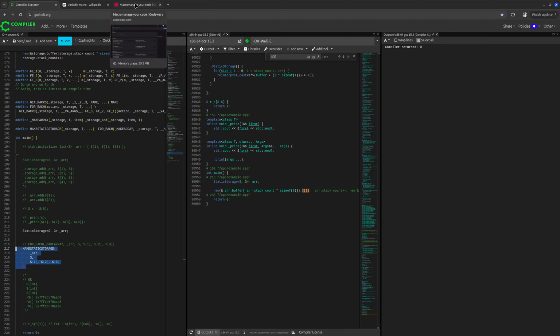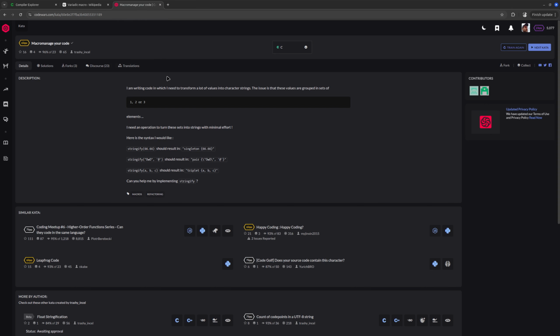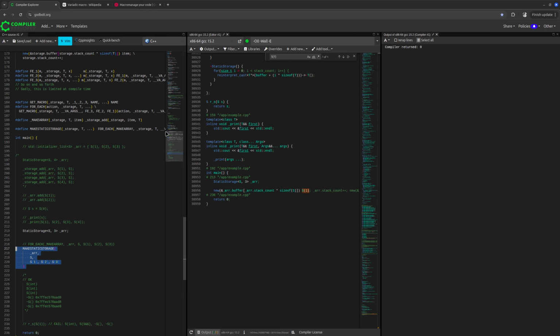And I thought about this, and it came to my mind, since once upon a time I did solve this kata at Codewars, where we are micromanaging our code in order to create tuples or string concatenations that depend really on the macro. It can take 1 argument, 2 arguments, or 3 arguments. So in order to have these arguments,